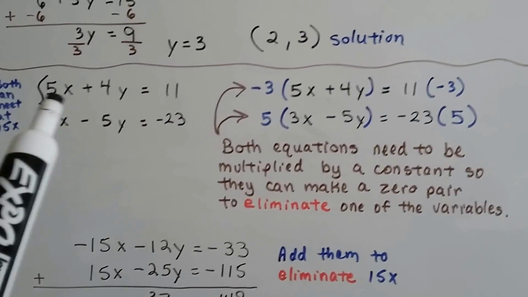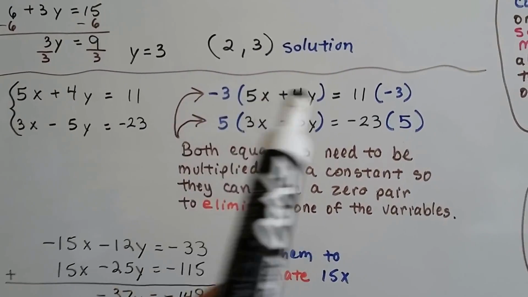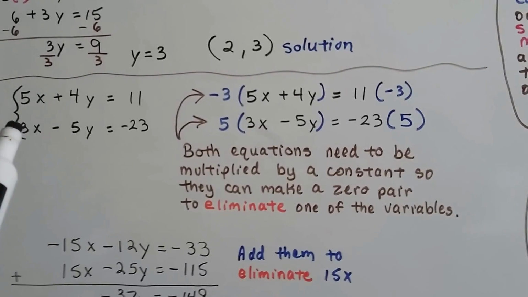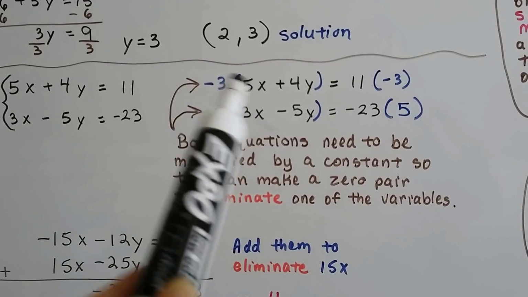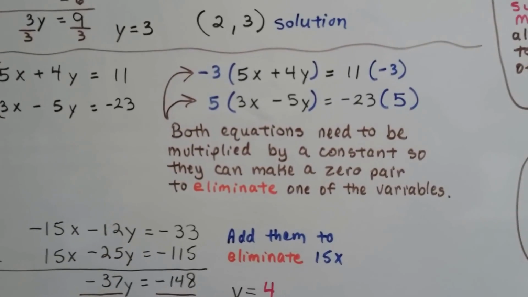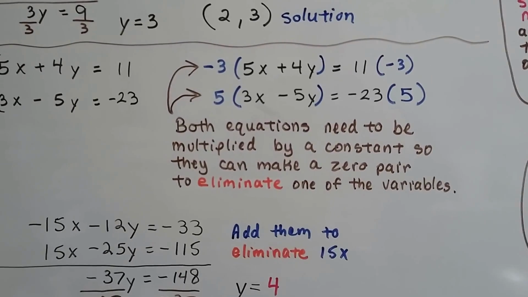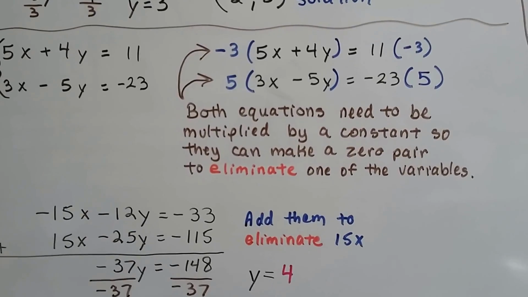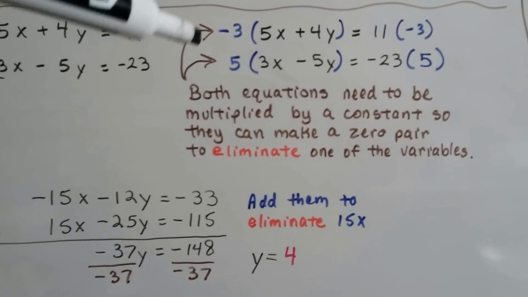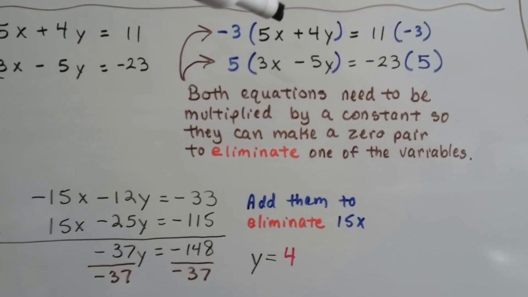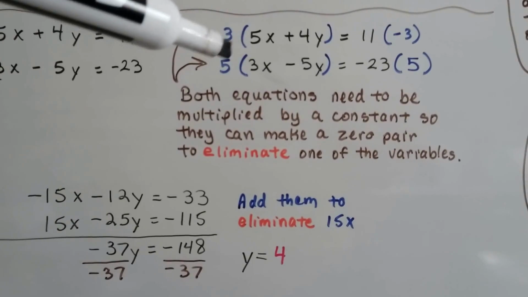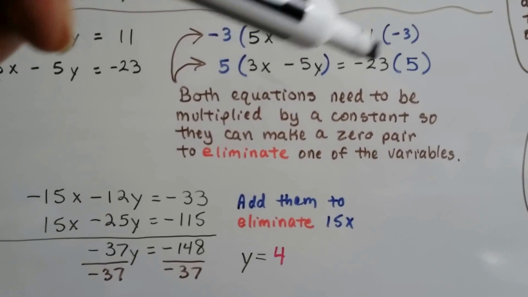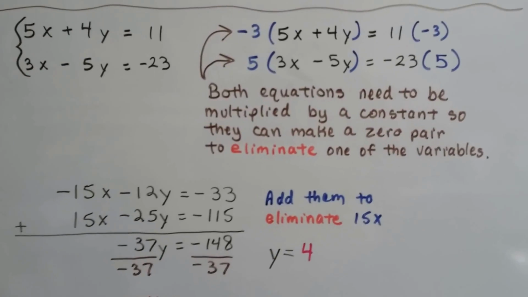So we can multiply this first equation by a negative 3 on both sides, and then we'll multiply the second equation by a positive 5. That'll create a 0 pair of a negative and a positive here, see? We'll be able to eliminate that variable x. So we do this multiplication. We distribute the negative 3 into here, and we multiply the 11 by the negative 3. We distribute the 5 into the 3x and the negative 5y, and we multiply the negative 23 by the 5,